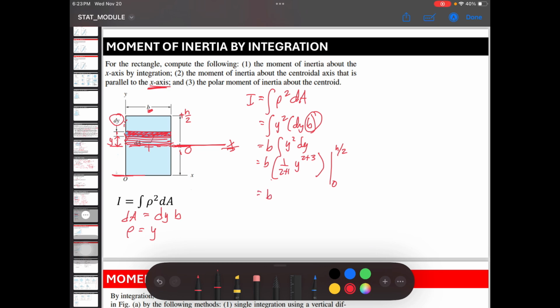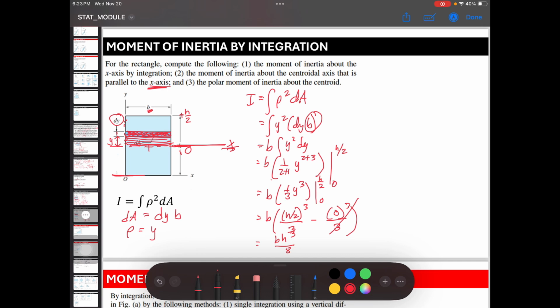So, let's simplify. B times 1/3 of y raised to 3. Evaluate at 0 and half of h. So, where am I? Evaluate na. Y is h over 2, cubed, over 3. Minus, y is 0 raised to 3. Okay? So, let's evaluate. This is b times h raised to 3 and then 8